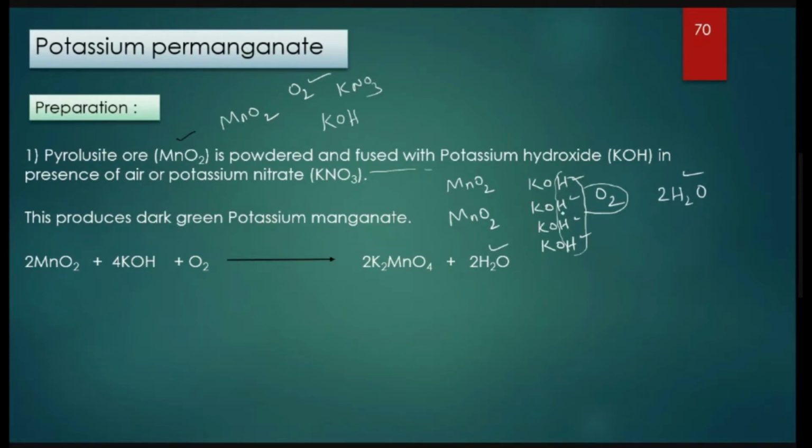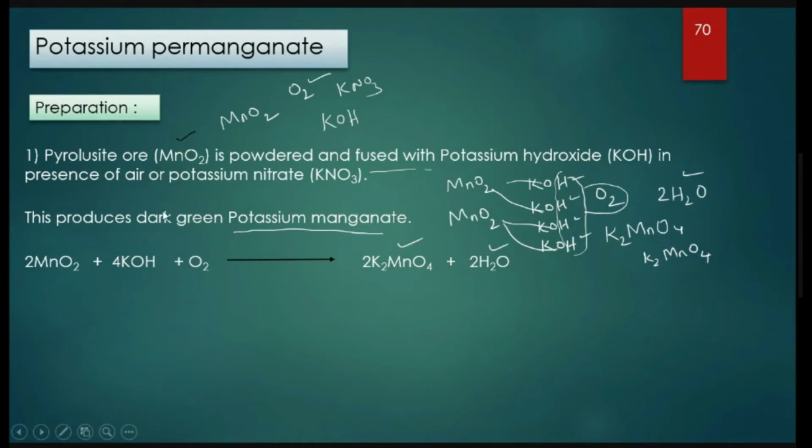Okay, so here take two potassium atoms, K2, Mn, and add 2 oxygen atoms to each of the MnO2. So here you can see Mn is going to become MnO4. Then again, remaining K2 and one more MnO2 is there, add 2 oxygen atoms, then it is going to be MnO4. So thus there is a formation of 2 K2MnO4, which is called potassium manganate. Here it is first. There is a formation of potassium manganate.